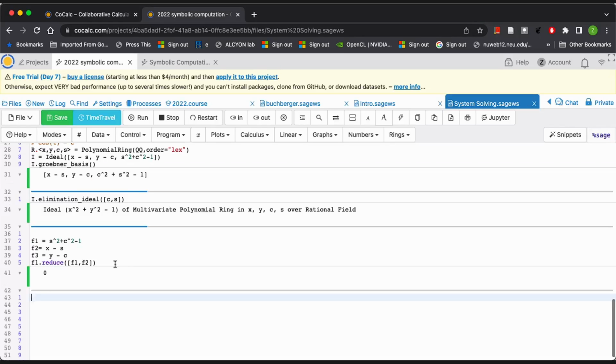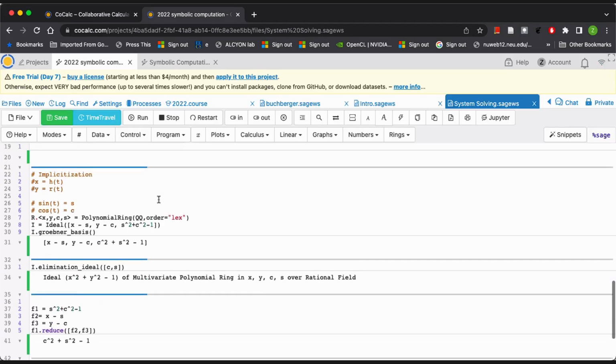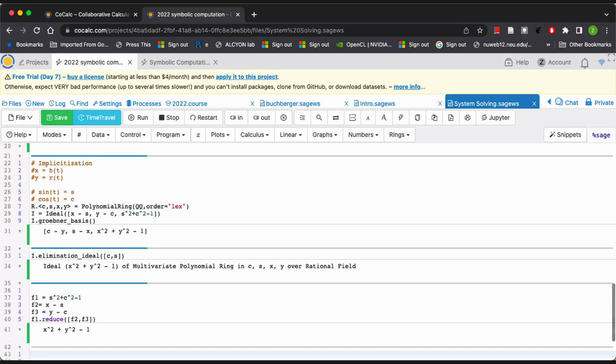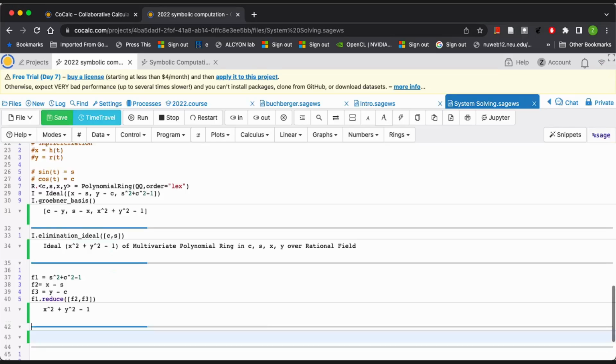F2 and F3. It must be F3. F3 reduce, no, sorry, F1 reduce F2 and F3. Okay, much better. So you have to change the order maybe. Yes, you see? So now,